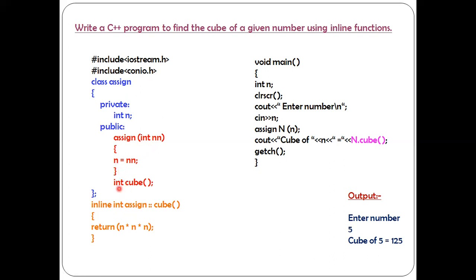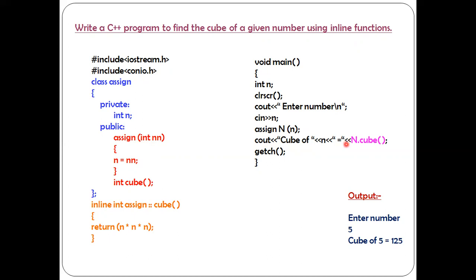After that, this is the int cube function. This is just the declaration of a cube function. This cube function is going to return what type of value? An integer value. Next line. Again, it comes back to the void main section to execute the cout statement. Cout stream insertion within double quotation, cube of, will print as it is because it is written in double quotation. Stream insertion small n, so here it is going to print its value, that is 5. Stream insertion within double quotation, equal to sign, will print.